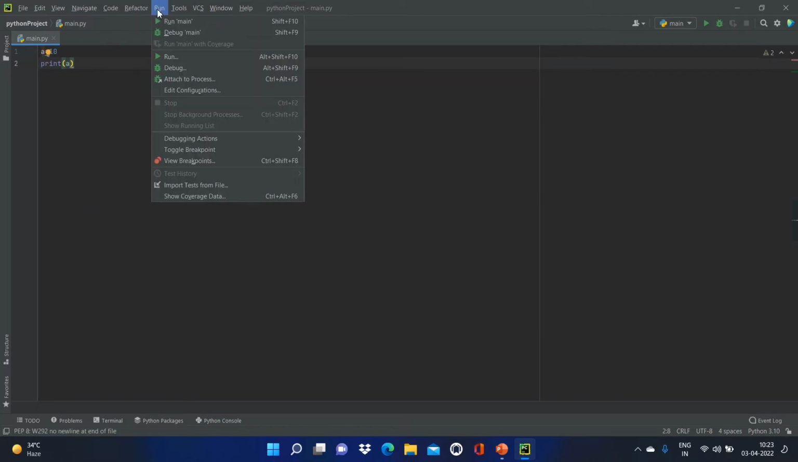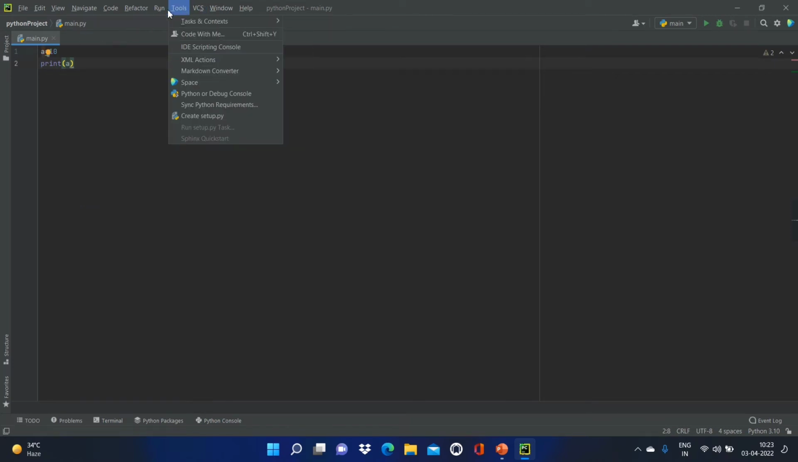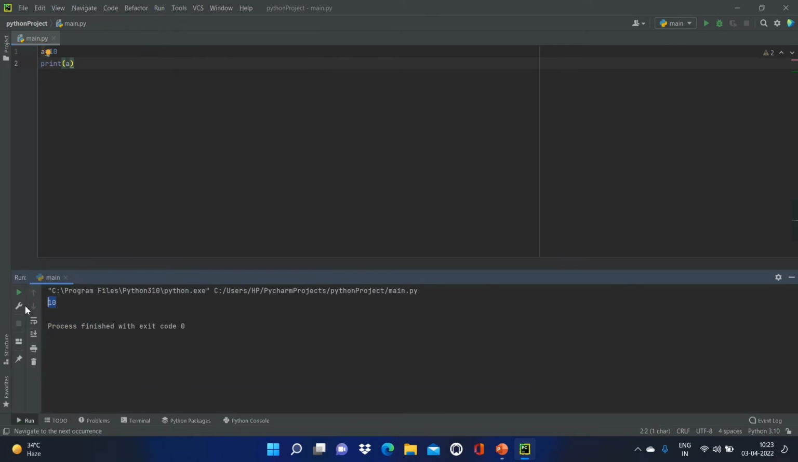When I run this program, it will give the output 10. Now I have to add here any statement, so I will add a double quotation, in which I will print hello